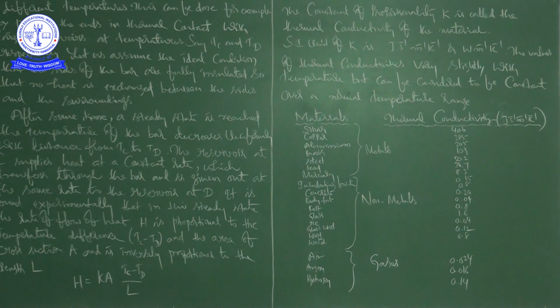Next, plastic foams, on the other hand, are good insulators, mainly because they contain pockets of air. Recall that gases are poor conductors, and note the low thermal conductivity of air. In this table, what is the thermal conductivity of air? It is 0.024.